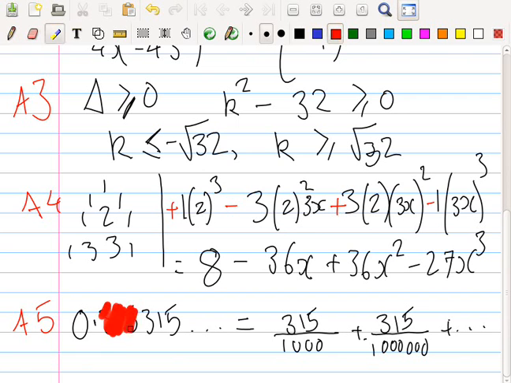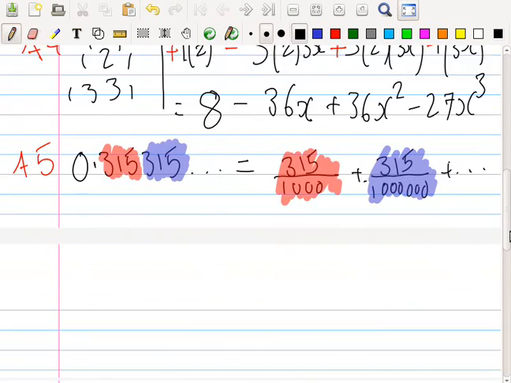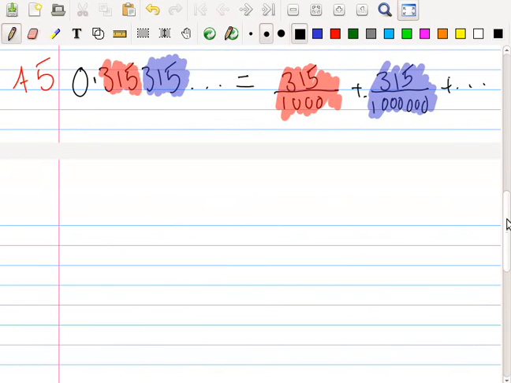You see these three here? That's this one. And then the next tree, that's this one. And so on. Now look, this question here,